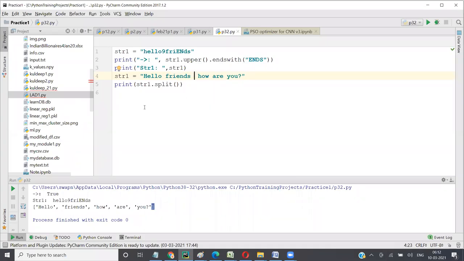So if I give double space, what it has done, it has ignored, right? Because the spaces will be removed, and the values are written here. So you can split it on the basis of space. So let's say I want to split on the basis of